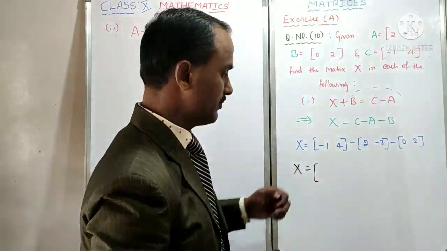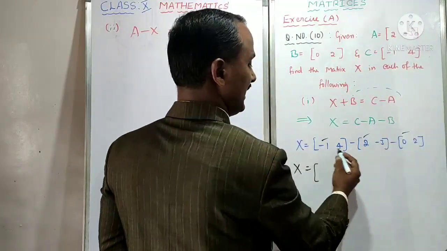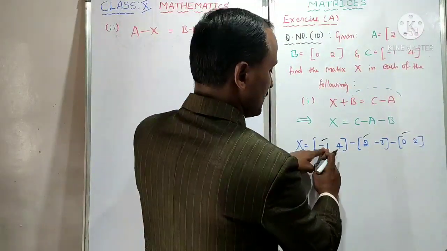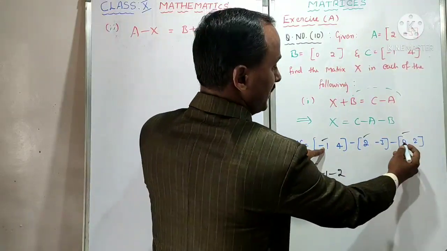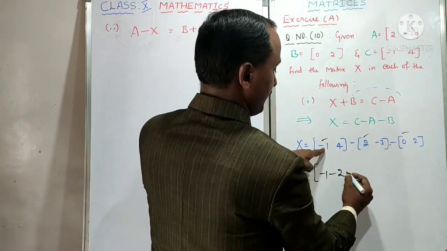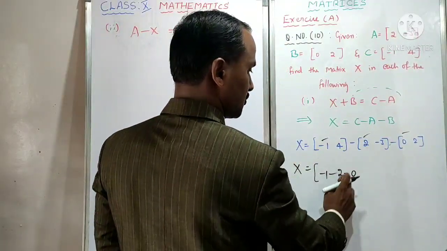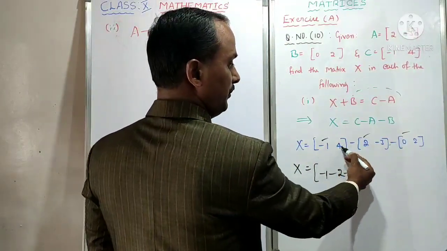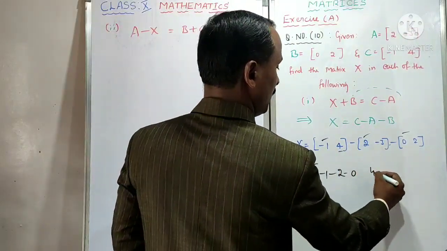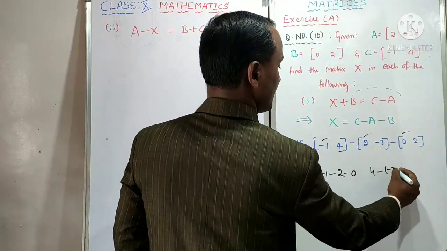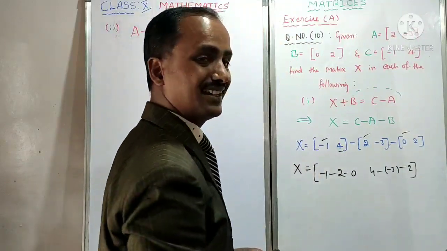Use the matrix box. First element of this matrix, this one; in this matrix this one; in this matrix this one. This 3 I will write down. Minus 1. After minus 1 use the sign minus. Then this matrix first element 2. Before writing this one you write this sign here, minus 0. The 3 matrices' first elements: minus 1, 2, 0. With respect to between, what is the sign? I wrote minus, minus. Next second element, this one 4, minus the first is minus 3, minus of minus 3, minus 2. Close the box. Easy, sir.